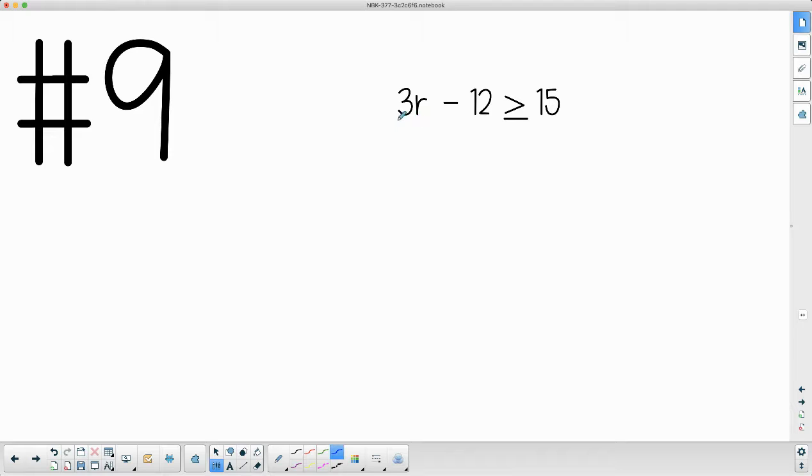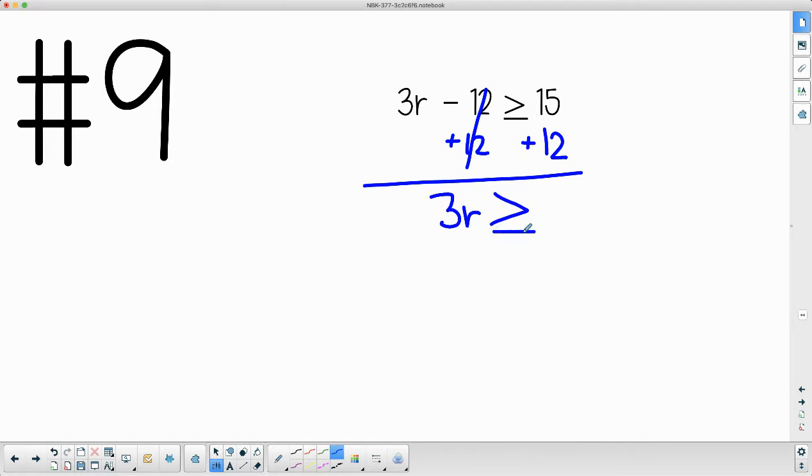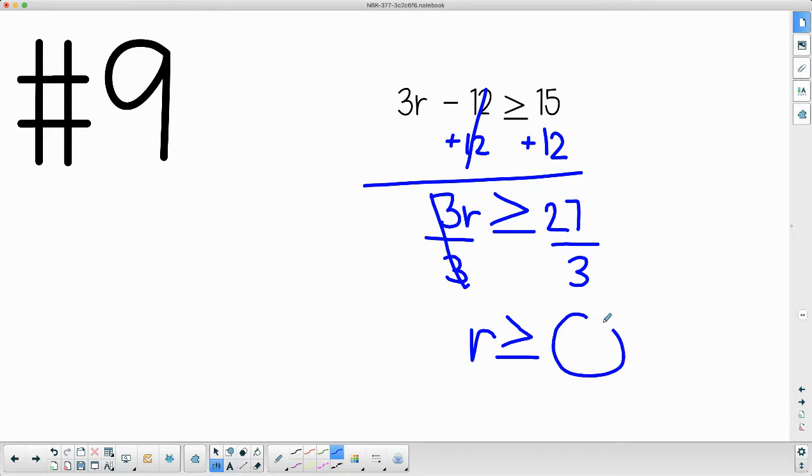Okay, number 9, we have 3r minus 12 is greater than or equal to 15. So we need to do the opposite of minus 12 to start. So that cancels out. We're left with 3r. Our sign stays exactly the same. And here we have 27. The opposite of times by 3 is to divide by 3 on both sides. So r, my sign stays exactly the same, is greater than or equal to 27 divided by 3,